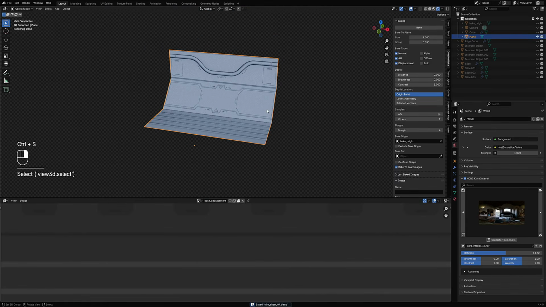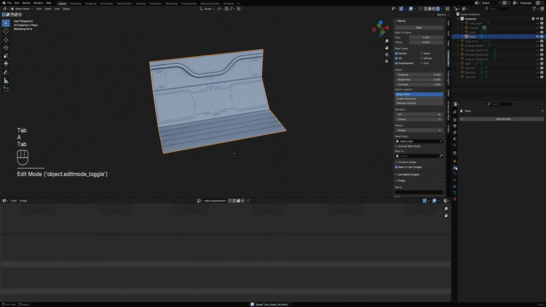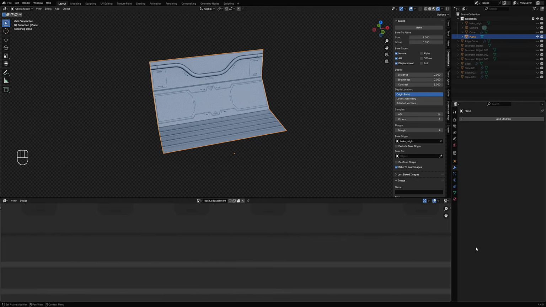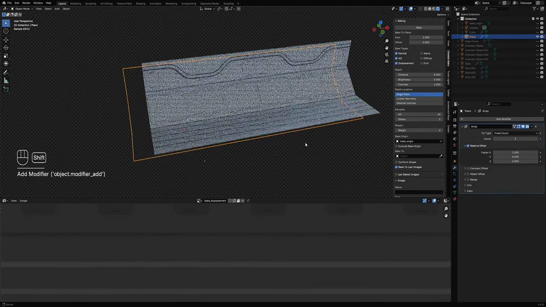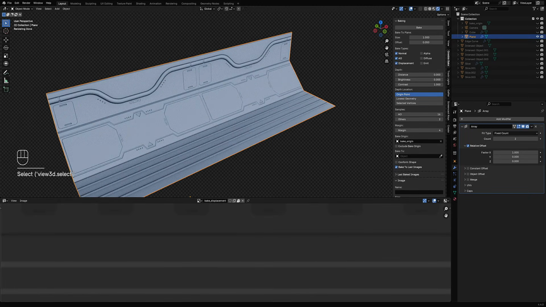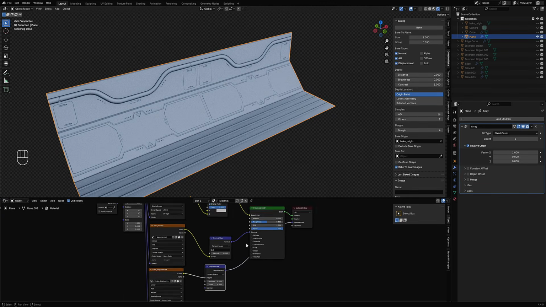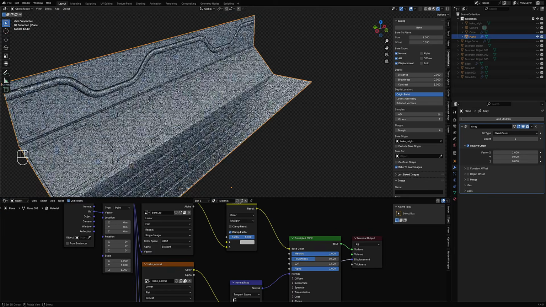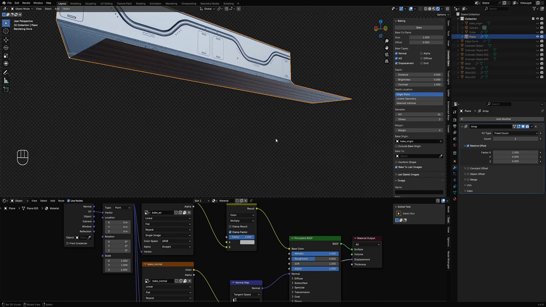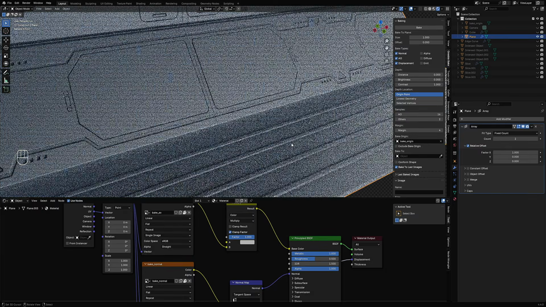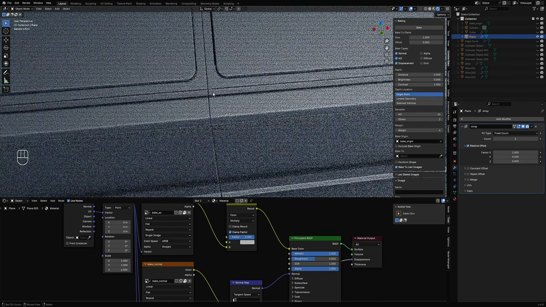Okay, and then we can, of course, array this. There you go. So that's the idea of trim sheets. Make this stuff faster. There you go. And we could try displacement. So there's still, yeah,